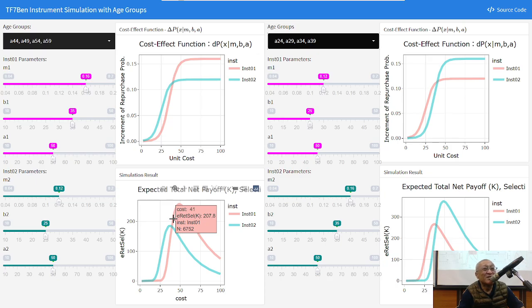Okay, so you can adjust this and try to make the assumption reasonable. What I mean by reasonable is that here you can actually